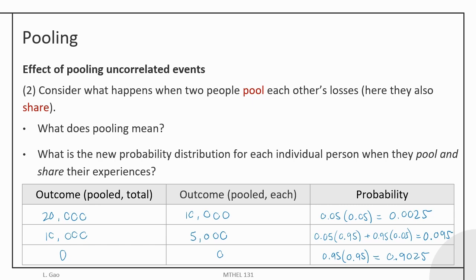This is basically our probability distribution for each individual person under all of these situations, whether one of them has an accident, whether both of them have an accident, or whether both of them don't have an accident, and the payments that each individual person would have to make and the probabilities associated with each one. As a quick sanity check, we can verify here that the probabilities across all of the outcomes sum to 1. So they are collectively exhaustive and also mutually exclusive. If a loss is equal to $10,000, then it can't also be equal to $5,000, for example.